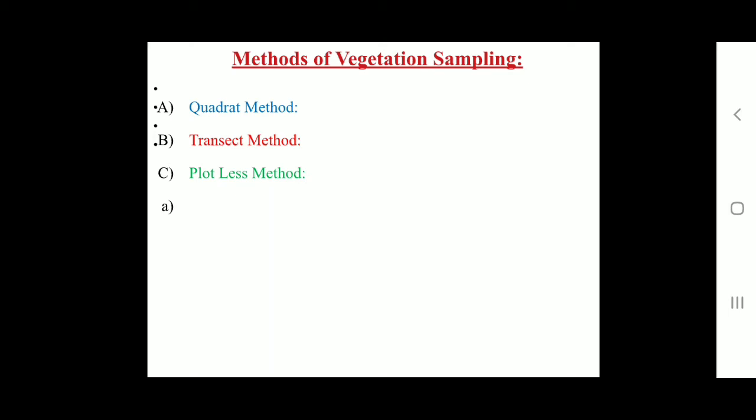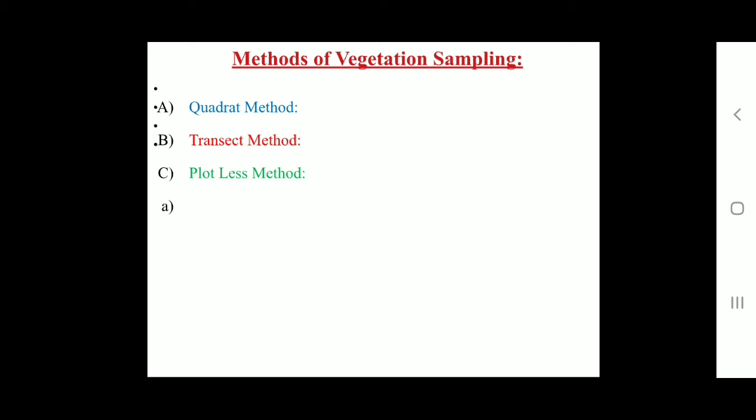Depending upon the aim and purpose of vegetation study, quadrats are of the following types. First type, list quadrats, then count or list count quadrats, chart quadrats, permanent quadrats, and nested quadrats. So first we see the list quadrat. It is used for the purpose of listing the occurrence of species in the sampling area. This is especially for the study of degree of presence or frequency of different species.